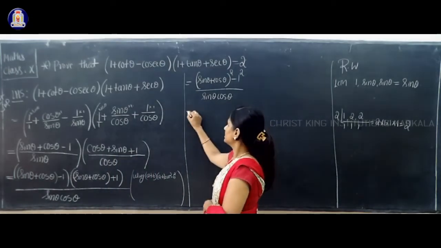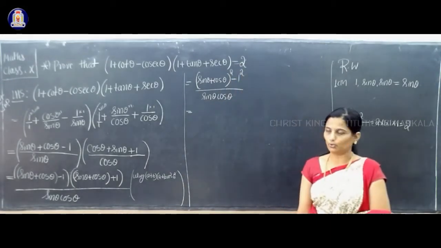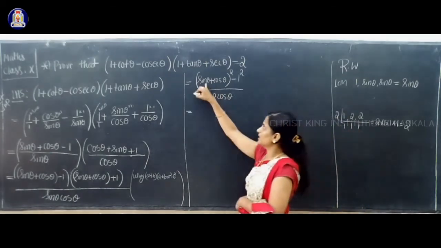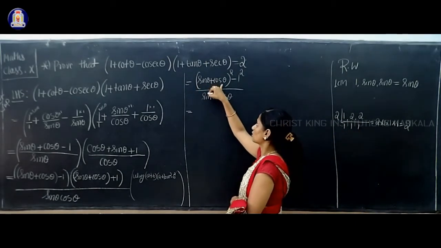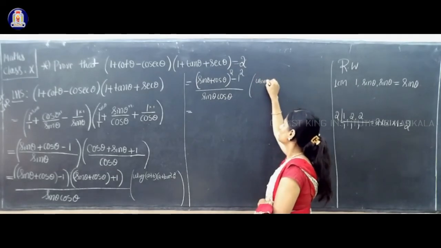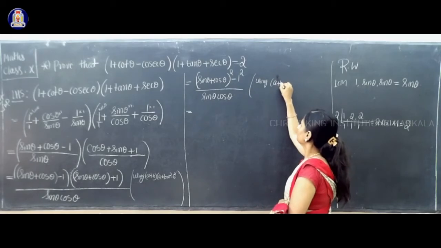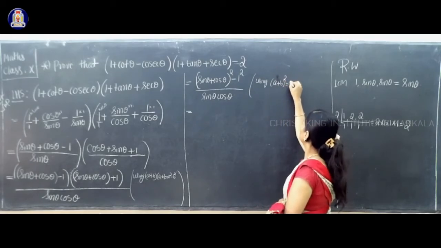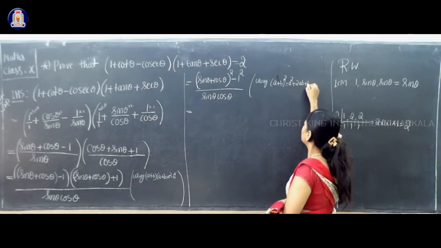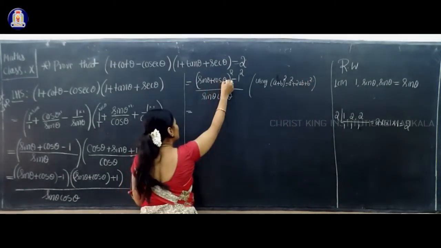So now next that is equal to. What we need answer? Answer is equal to 2. Means further you have to simplify this one. How to simplify the first bracket? Sin theta plus cos theta whole square. Now which formula to use? Using a plus b whole square. What is a plus b whole square? A square plus 2ab plus b square. So use that formula.